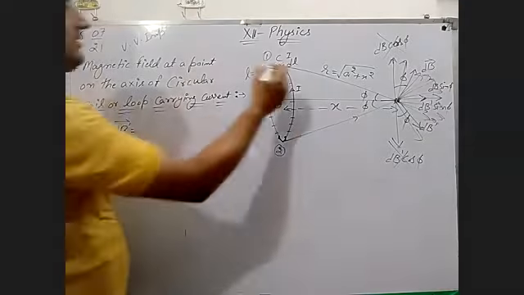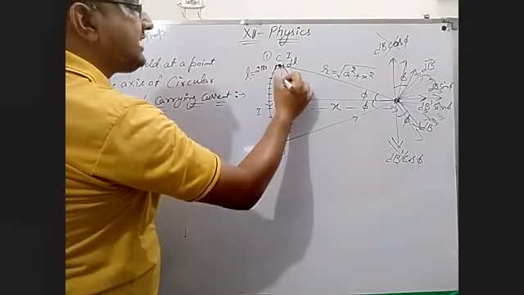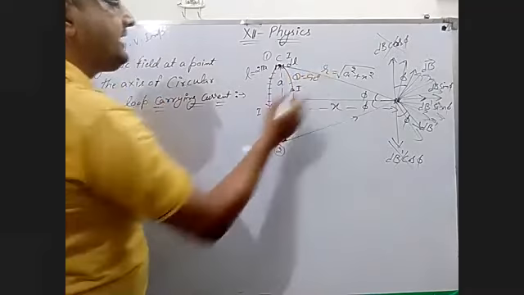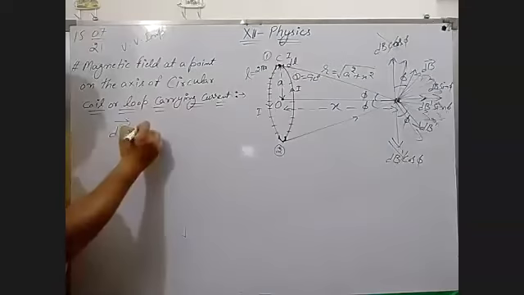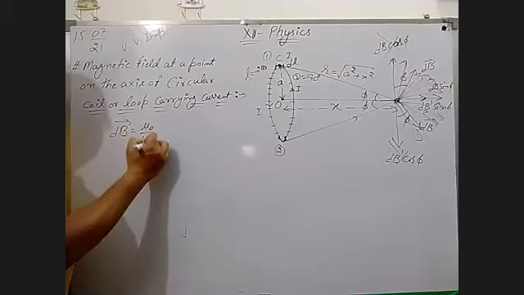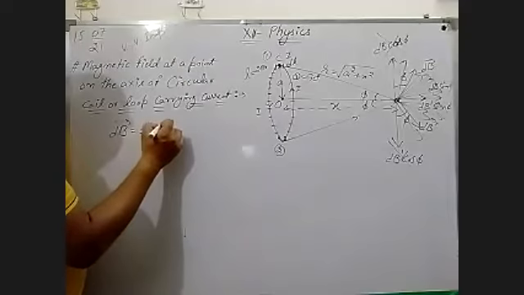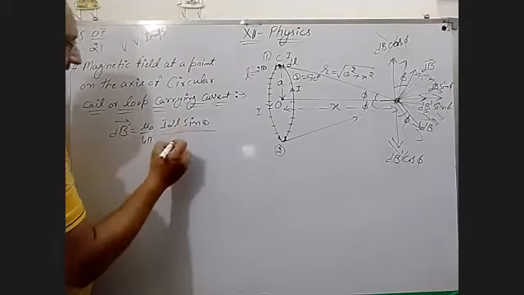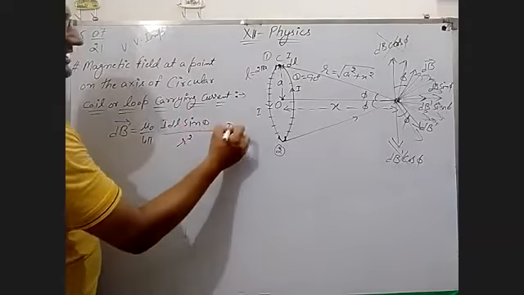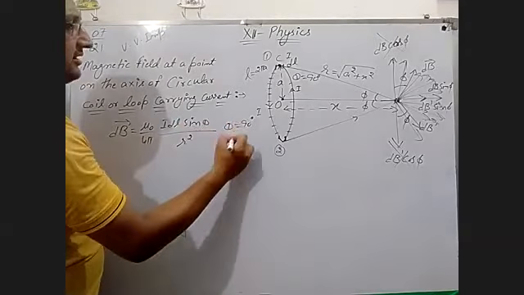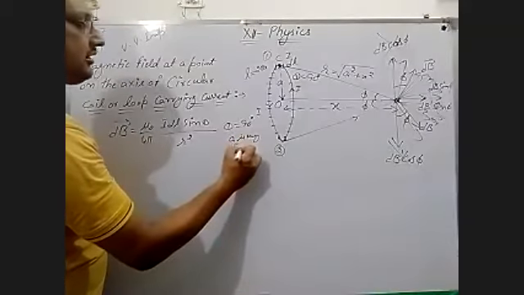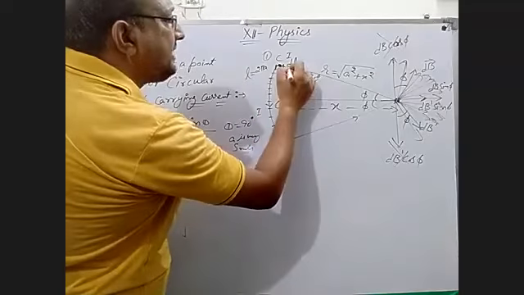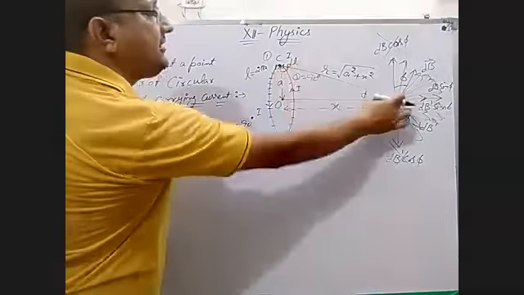firstly take this thing, suppose a is very close to this, then theta is equal to 90 degrees. Then dB according to Biot-Savart law is mu naught upon 4 pi I dl. This is the formula for calculating dB. But here theta is 90 degrees because a is very small. If a is very small, then it makes an angle of 90 degrees with